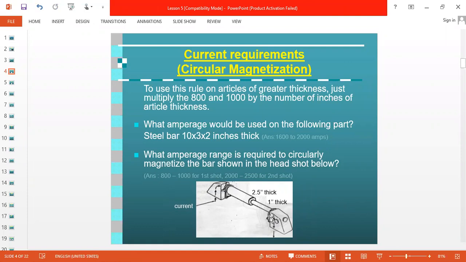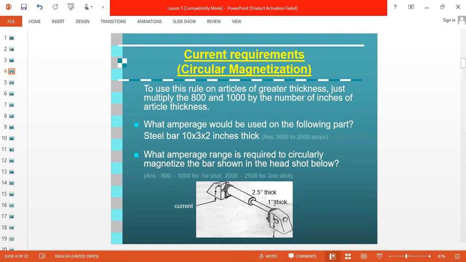The current calculation for 1 inch is different from 2.5 inch. If we apply the 2.5 inch current to this whole specimen, then that current value would be high, and there is a chance of getting non-relevant indications on this smaller area, 1 inch diameter. So here we first calculate current for 1 inch, and then we calculate current for 2.5 inch.